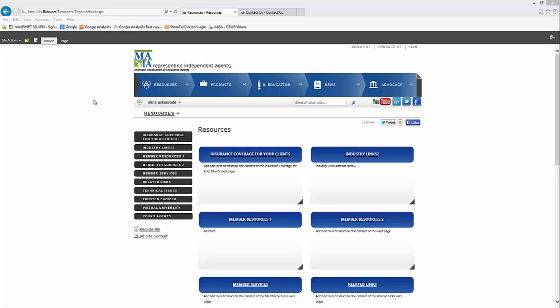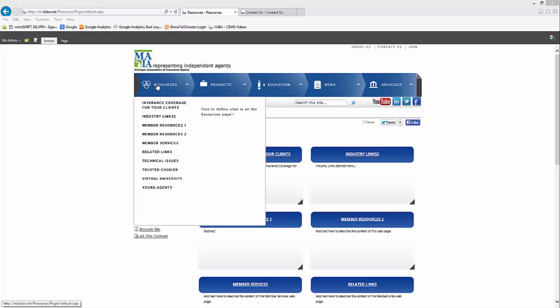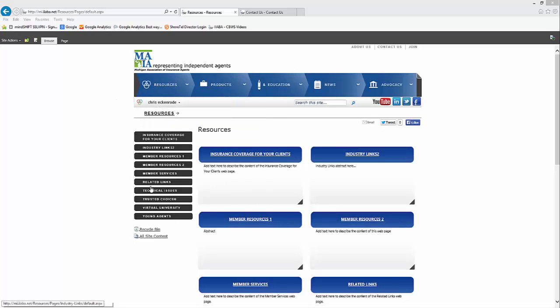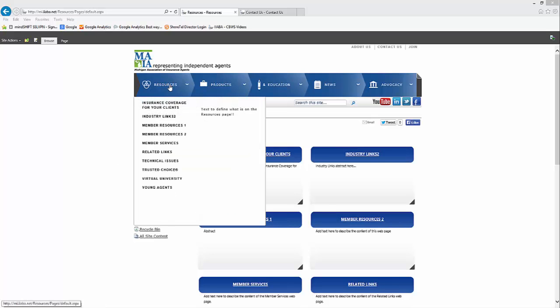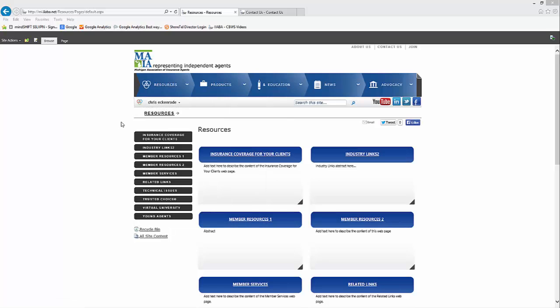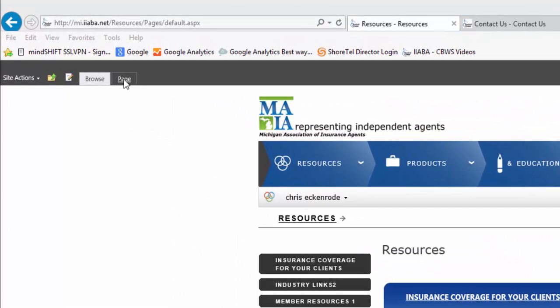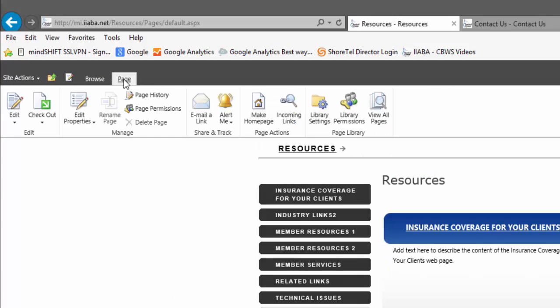In this video, we're going to look at adding menu options to our global navigation menu and our left-hand navigation menu. The first step is to go to the menu that you want to add the new page to. So in this example, we're going to go to Resources. And the first thing that we have to do is actually create the page that we want to add. So to do that, we're going to click on Page up here at the top, in the top ribbon, View